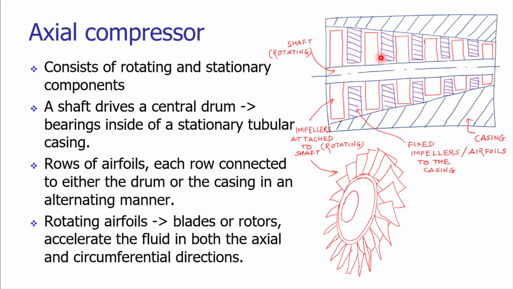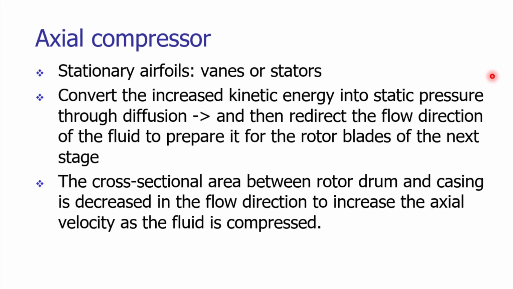As the shaft is rotating, the impellers are pushing the gas or the air which has entered inside the cavity. The air will try to move along the axial direction, but the space is the restriction. Still the air is pushed, it is compelled to move along the axial direction, and due to that space restriction, there is an increase in the pressure. In this way we are getting compressed air at the outlet of this axial compressor.